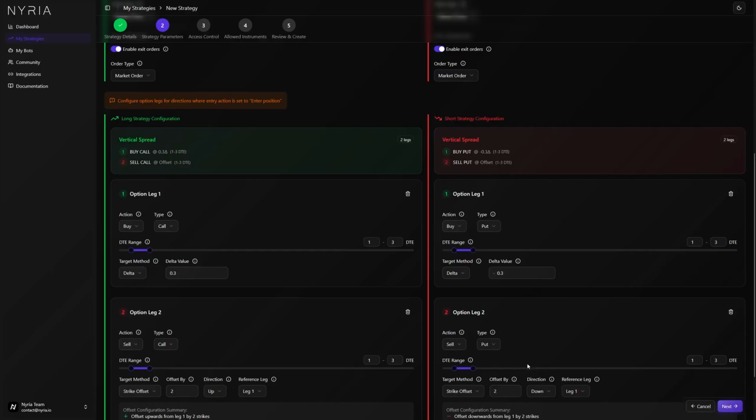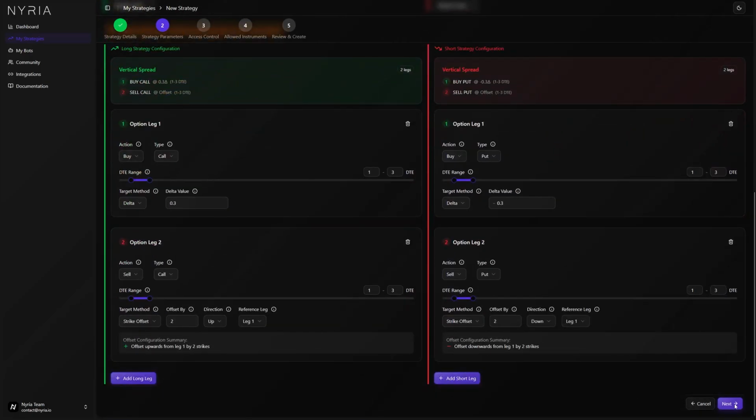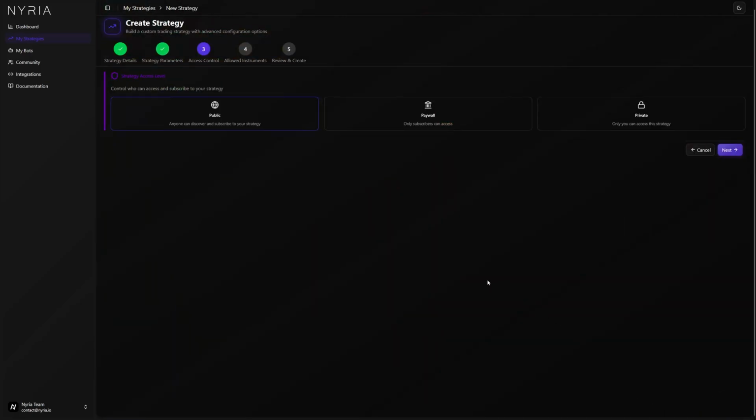Perfect. So this all looks good now. I'm going to come down and click next. And now I have the ability to choose my access level. So we'll make this strategy public for the sake of this example, but you also have the ability to click